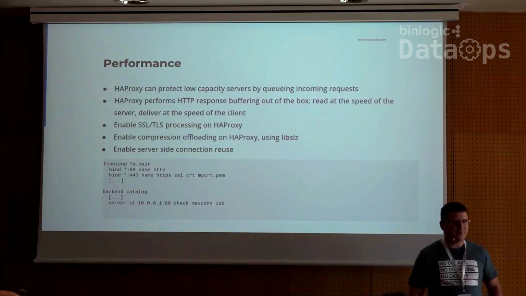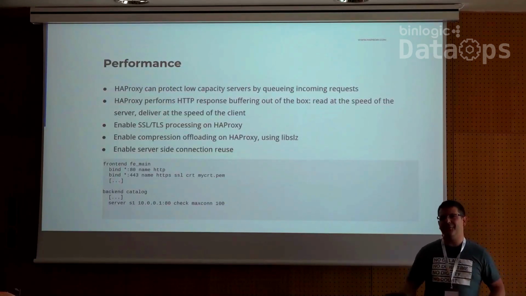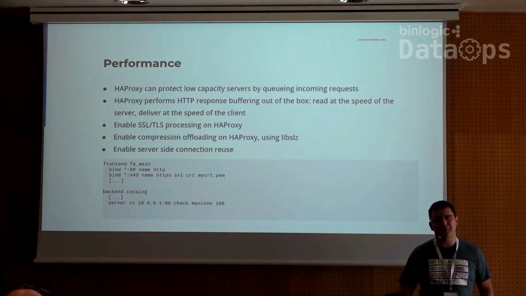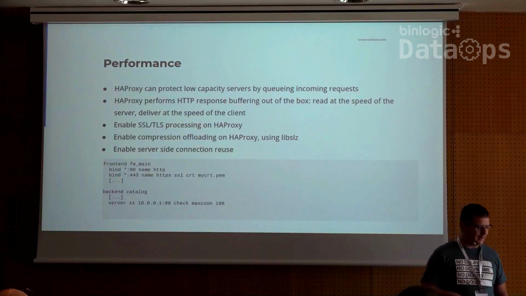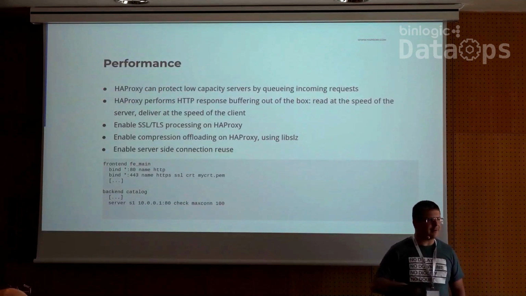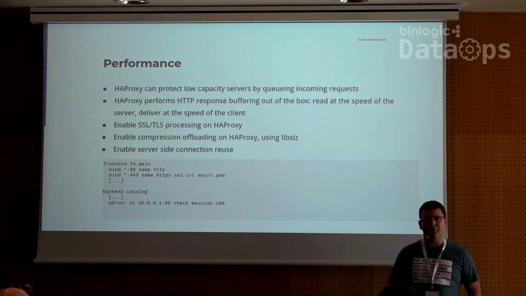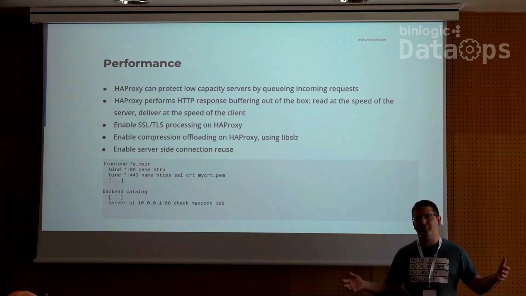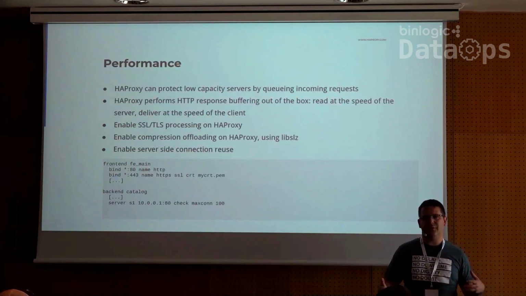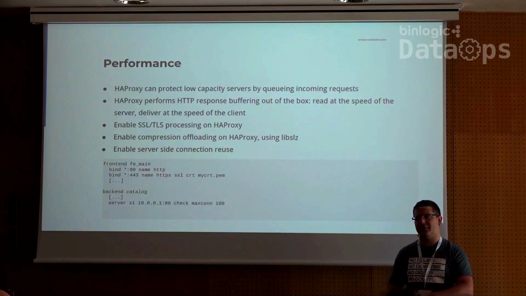Performance, once again. The load balancer, the API gateway, will be in the middle of everything within your network, which means that if it does not perform well, your business will be impacted. So there are different points on which HAProxy can play. First, we can queue traffic. So if we see that some servers are slow, we can limit the amount of traffic being processed by those servers. We can queue the queries if there are too many for this particular endpoint, or we can also forward the queries to other servers if another server has enough capacity available.